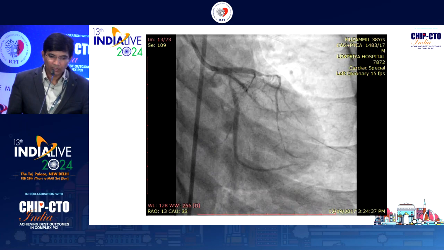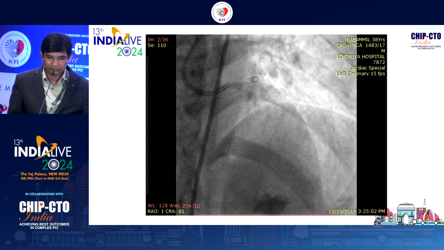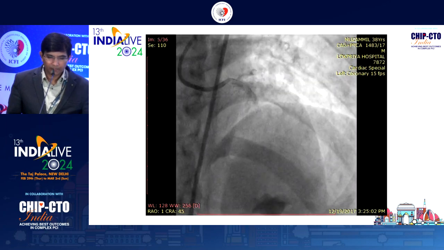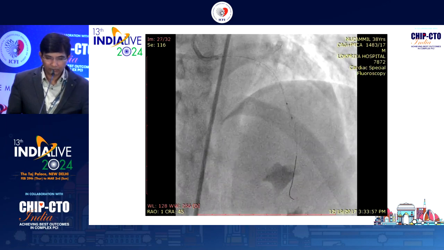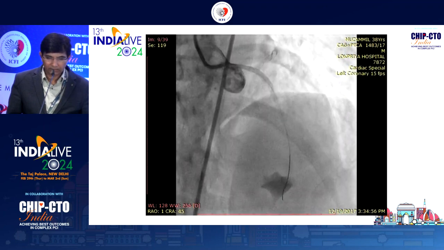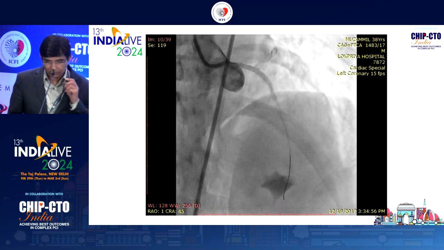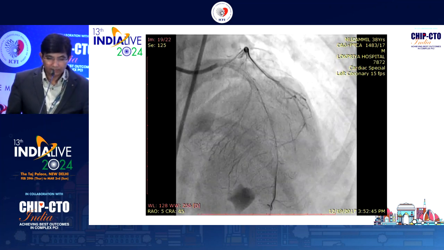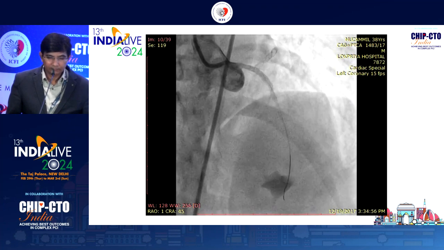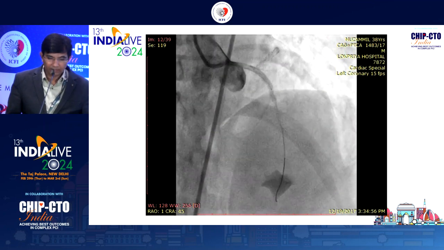proximal optimization was done. But in the distal portion of the LAD, a significant lesion was there. So again we took a small balloon, 2.5 by 10, pre-dilated, and tried to take the stent. But at this point, the patient developed ventricular fibrillation, and because the flow into the LCX was gone and the procedure was prolonged, I had given heparin 2-3 times, but